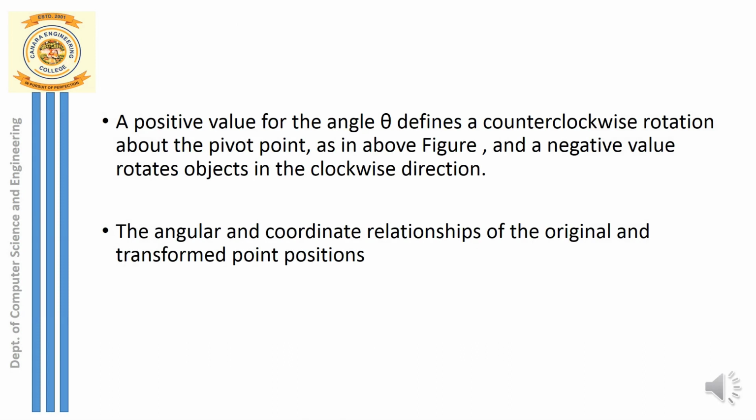A few things that you have to remember about rotation: we always prefer to give a positive angle theta. Why? Because we usually rotate the line segment or any object in the anti-clockwise direction. If you want to rotate the object in the clockwise direction, all that you have to do is just change the input parameter. Instead of giving a positive angle theta, give a negative angle theta. So if you give a negative angle theta, the object will be rotated in the clockwise direction. That's all. Okay.